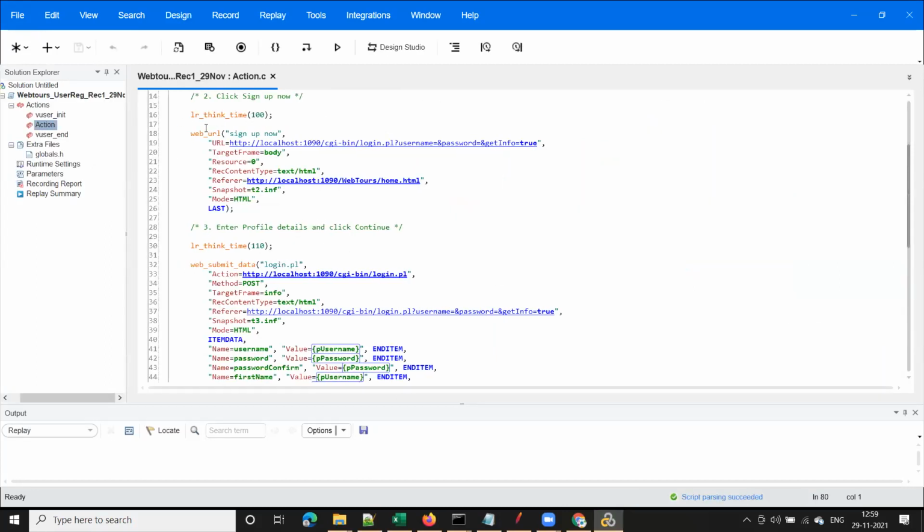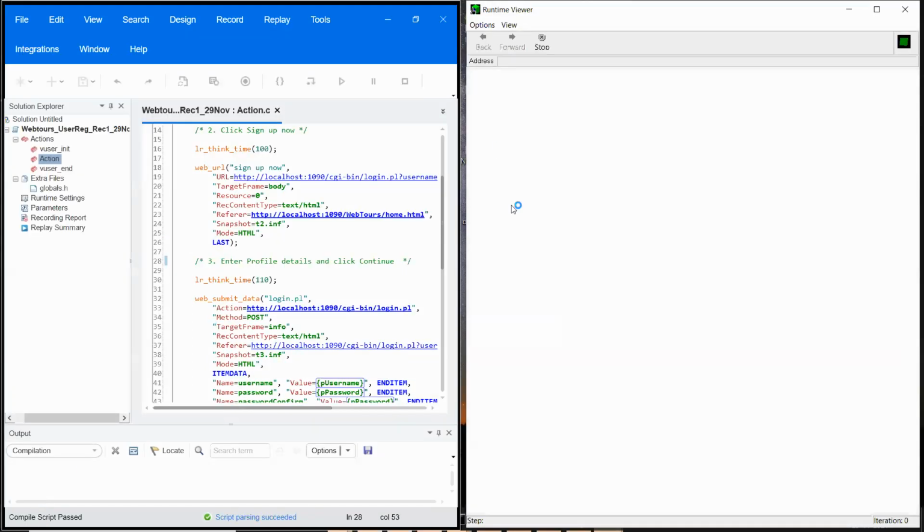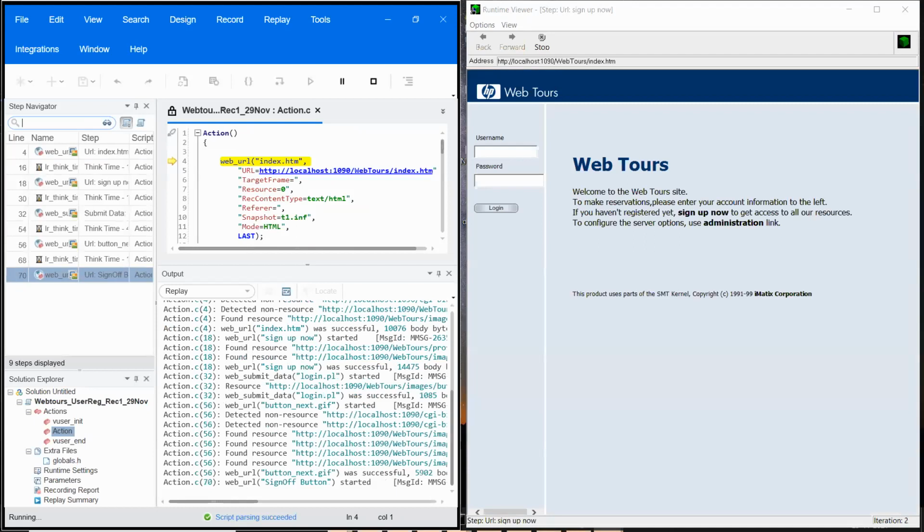Yeah, so if you observe here, as if I make some change here, for example, see, the save button is disabled here. Suppose if I make some change here, now you can see the save button is enabled, right? So now if I click on replay, what happens is first it will save the script. Observe the status here. Here it is in the ready state, isn't it? Observe the bottom left, it is showing as ready. And if I click on replay, first it will show that the script is saved and then compiled, and now it is running the script. Now it is working fine.